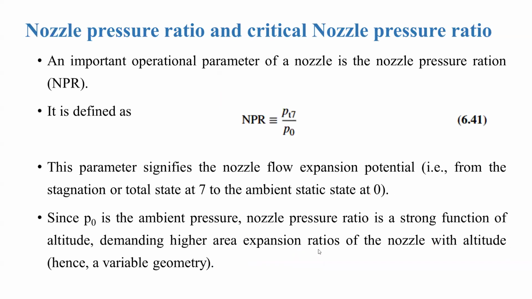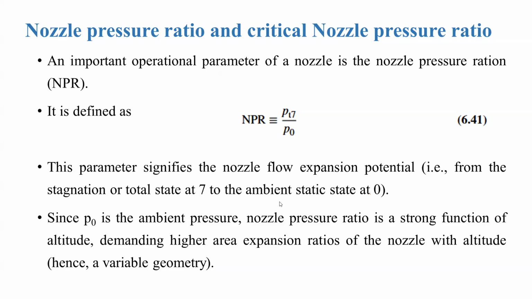Another is the nozzle pressure ratio, NPR, which is equal to PT7 over P naught. So this is the ambient condition and this is the total: pressure total at 7 over pressure ambient. So this pressure signifies the nozzle flow expansion potential, which is from the stagnation or total state at 7 to the ambient static